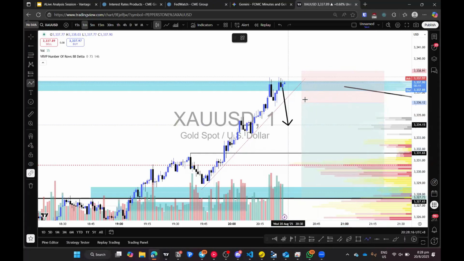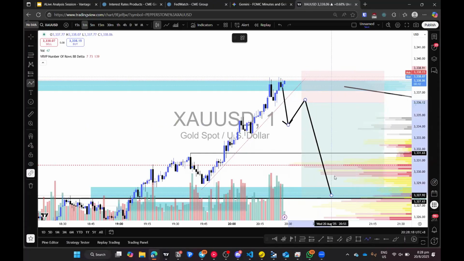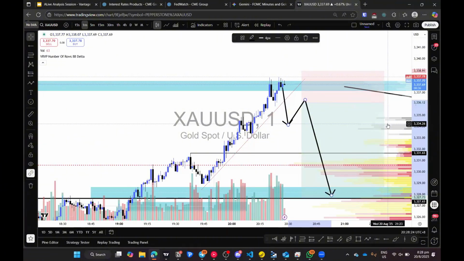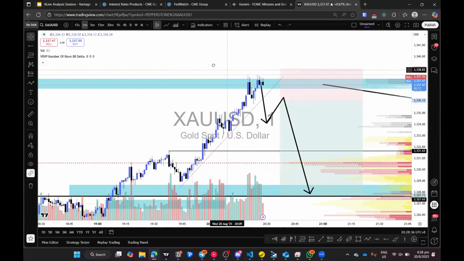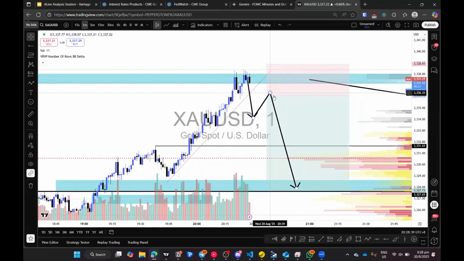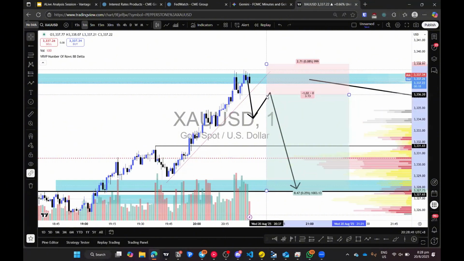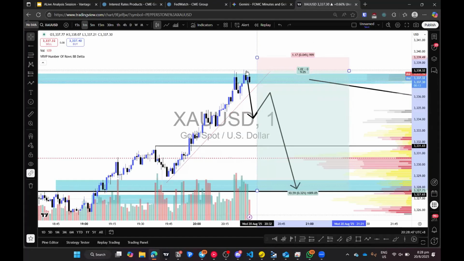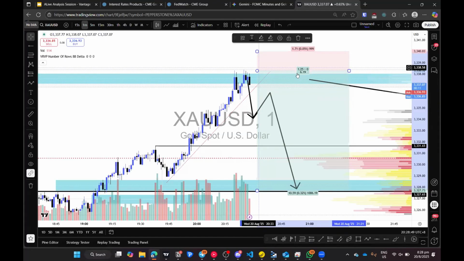So once it comes back up into this level, then we'll try to target this area with 1:2 risk to reward. Time it: you have 5 more candles to the announcement of the FOMC minutes. So if you're lucky, you'll probably be able to sweep this high and you get a much better risk to reward.